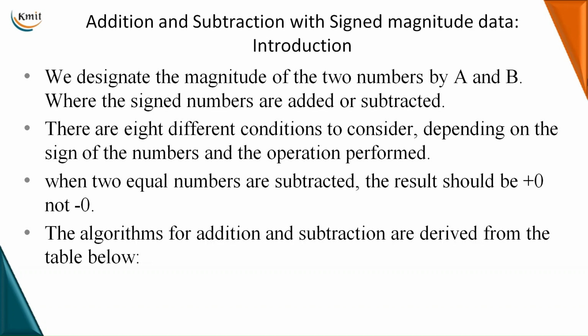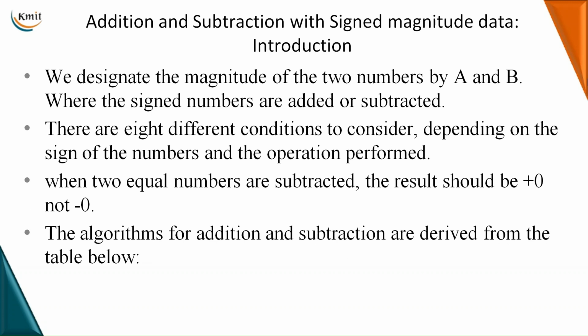Next, we'll discuss with an algorithm how to perform addition and subtraction operations on sign magnitude data. Here, if we consider two numbers A and B, then we have to perform an addition or a subtraction operation on these two numbers. We designate the magnitudes of those two numbers as stored in A and B, which have to be either added or subtracted. When you see the different possible combinations of addition and subtraction operation, we get 8 different